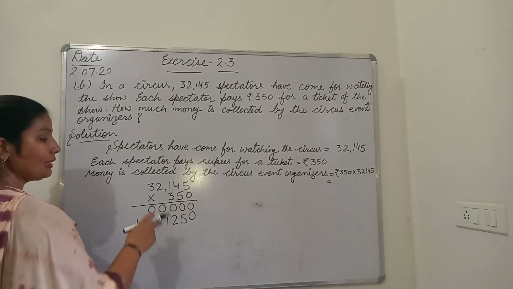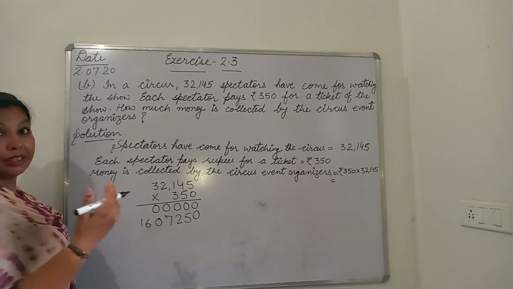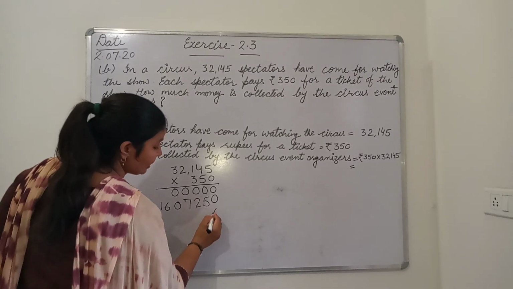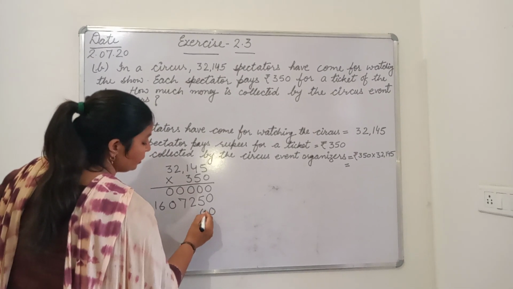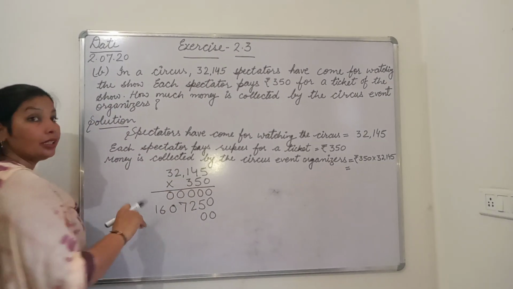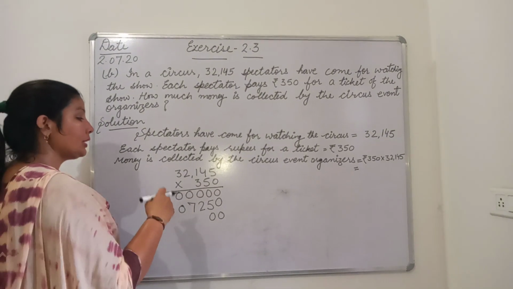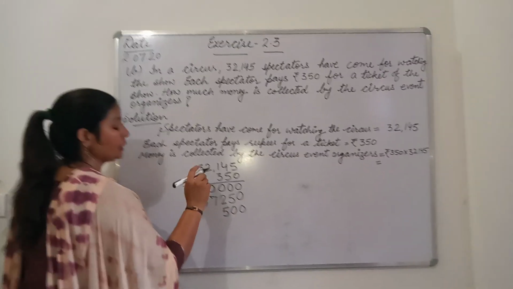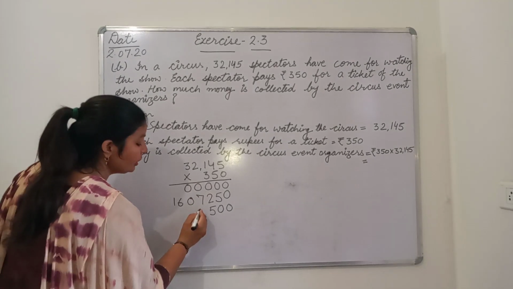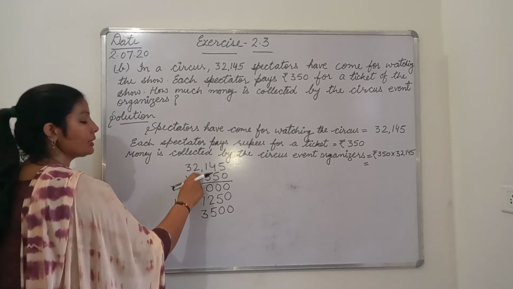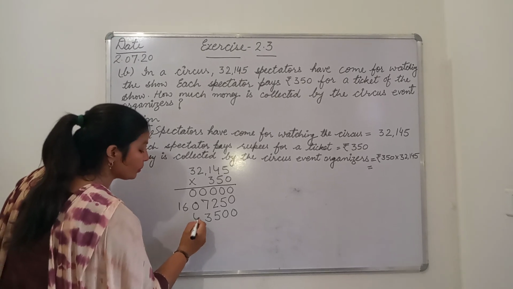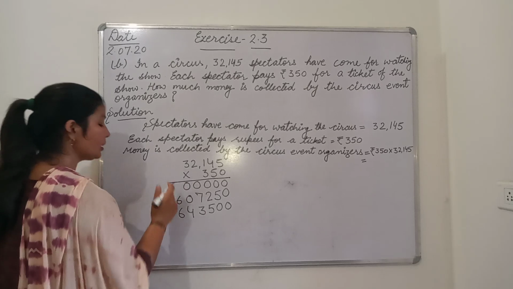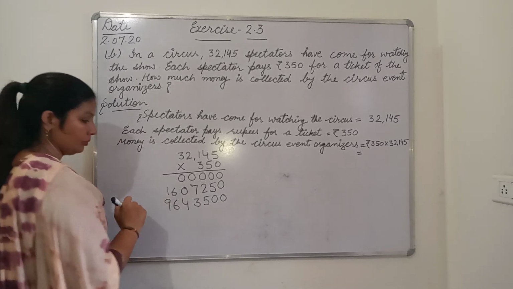Now we multiply by 300. So we cross the ones and tens columns, or we can make them 0. Now we multiply by 3, which is in the 100 column. So we recite the table of 3. 3 5s are 15, 1 goes carry. 3 4s are 12, 12 plus 1 is 13, 1 carry. 3 1s are 3, 3 plus 1 is 4. 3 2s are 6. 3 3s are 9.